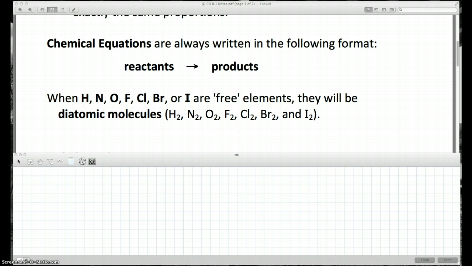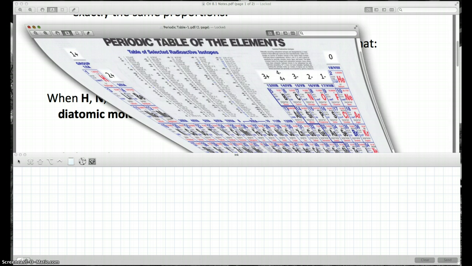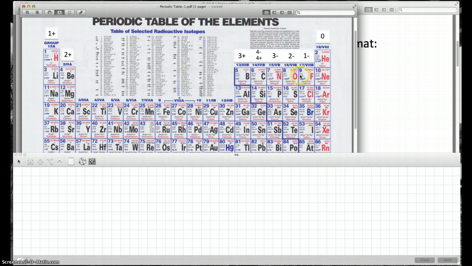And there are 7 elements, and there's a trick to remembering them. If you look at this list, it's H, N, O, F, Cl, Br, and I. Those are the 7. The key to remembering these is remember the number 7. So here's a periodic table. If I look at number 7, which is N, and I go over to F and down and make a 7 shape,